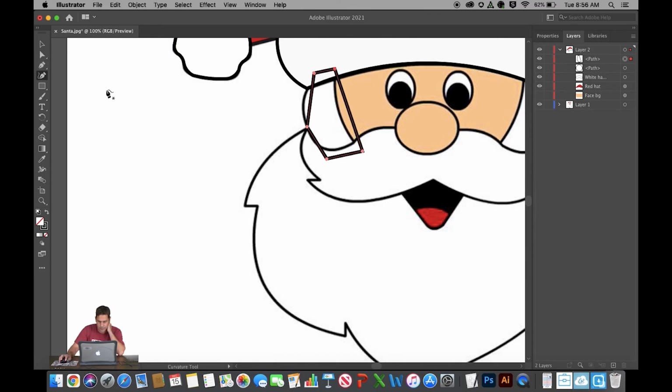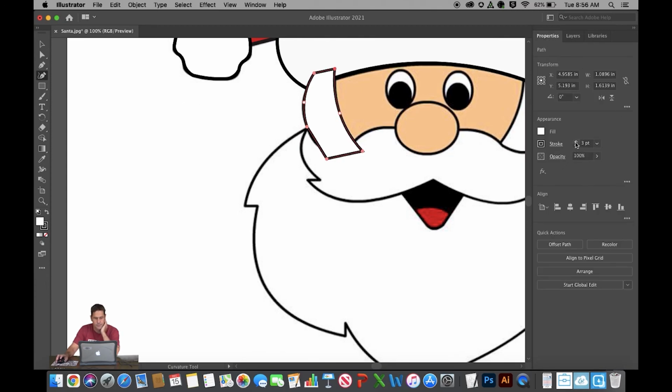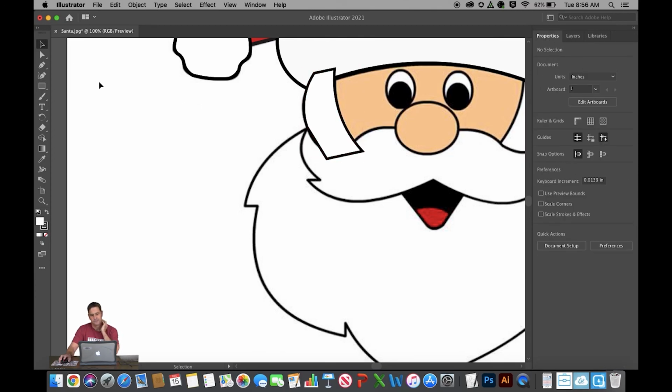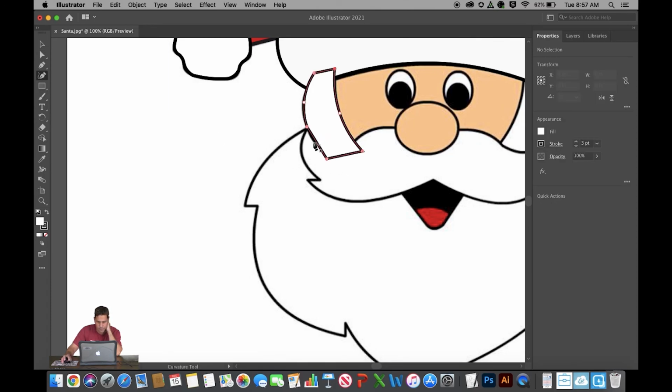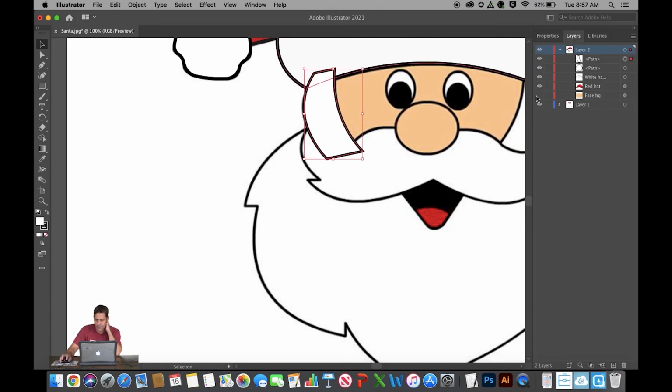Now let me try to bend it a little bit. That's better. The white fill, properties, let's take the stroke size to 3. That looks like it's much, much cleaner. Oh, I forgot to bend this one just slightly. Get your curvature tool. There. That looks good. Let me go back to layers panel, show what I have so far,